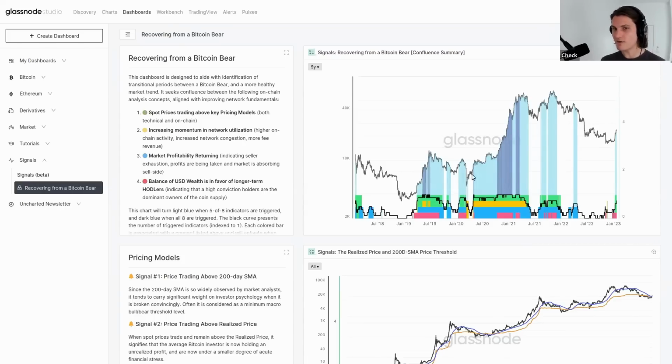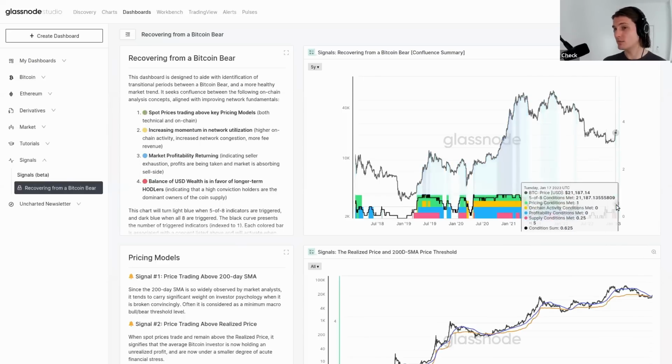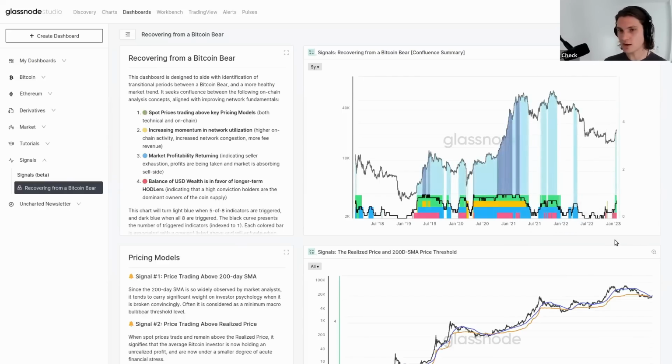And remember, a value of 1 is typically telling you that it's starting to get really hot, right? The room, everything is firing off. It's starting to get pretty hot in here. And things that are good for a market recovery are also going to tell you that the market's getting pretty hot, right? So what we're looking for is the probability that things are starting to improve. That's what really this model is trying to assess. So the black curve is just basically between 1 to 8, how many of those metrics are firing off. And the color bars will tell you when both of those indicators are showing up.